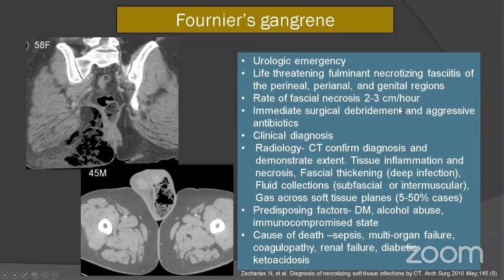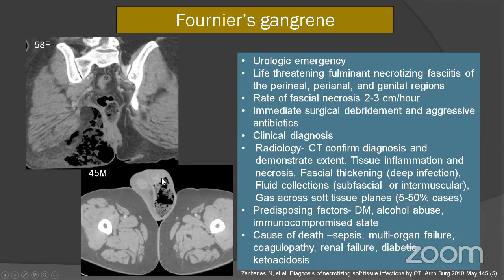This is a urological emergency. It's life-threatening, fulminant necrotizing fasciitis, and the rate of progress is pretty rapid. So you need to intervene early, immediately with surgical debridement and aggressive antibiotics. It's a clinical diagnosis, and radiology is helpful as you can confirm the diagnosis and also demonstrate the extent of inflammation in terms of depth and overall spread of infection across soft tissue planes, and see if there are any